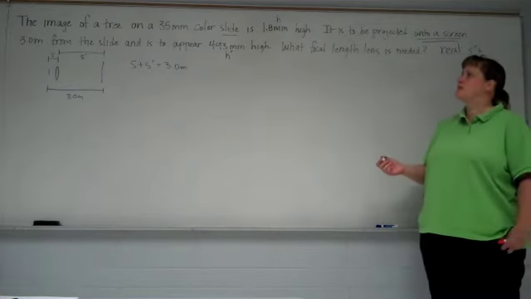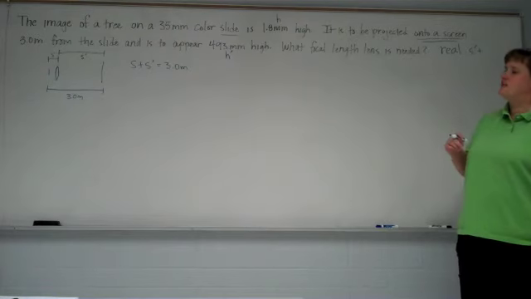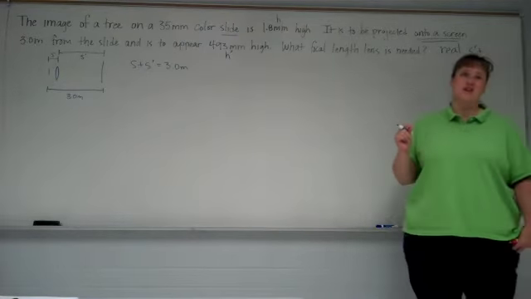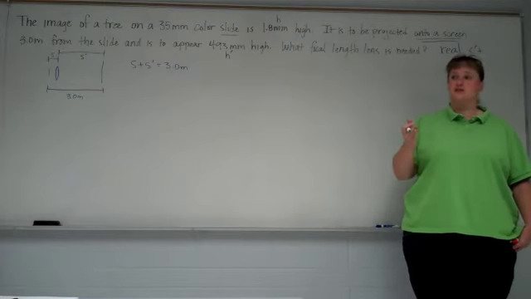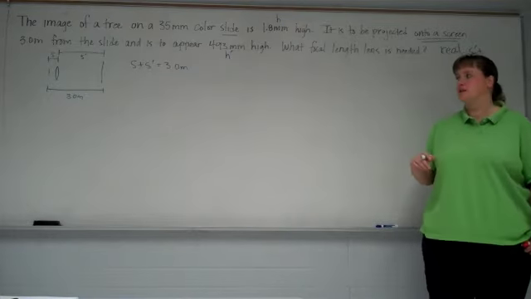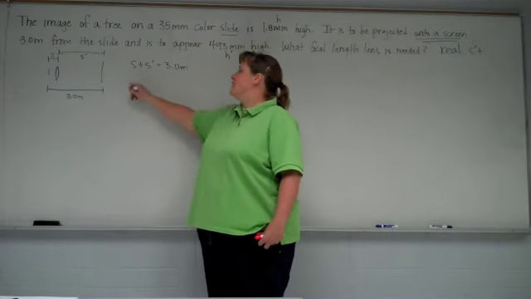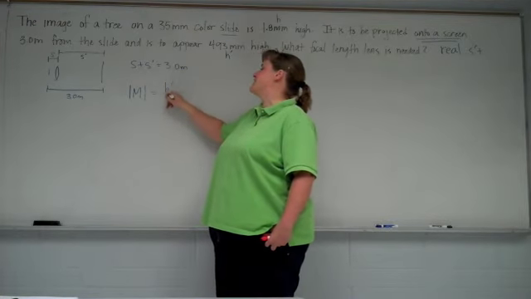Now to get a really big image, an image a lot bigger than the original object, our object distance, S, is going to be really close to the focal length. Remember, as we get closer and closer to the focal length, the image gets bigger and bigger. Now magnification. We know the numerical value of the magnification is the height of the image over the height